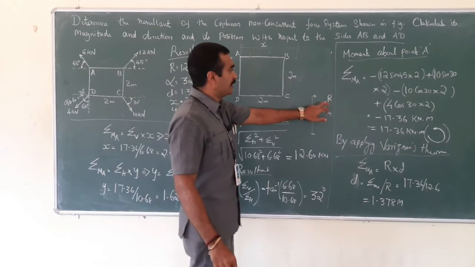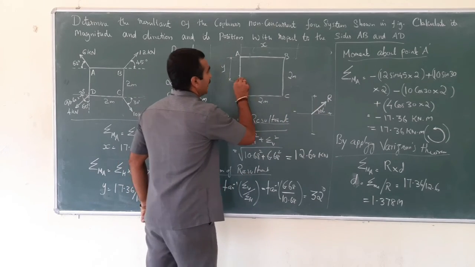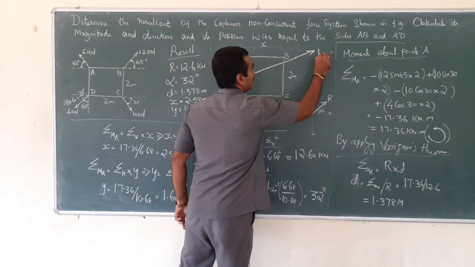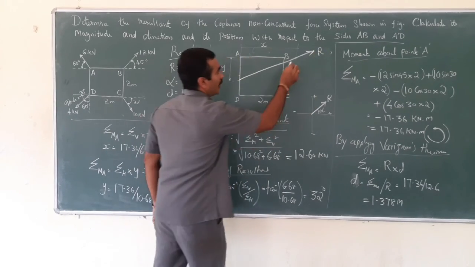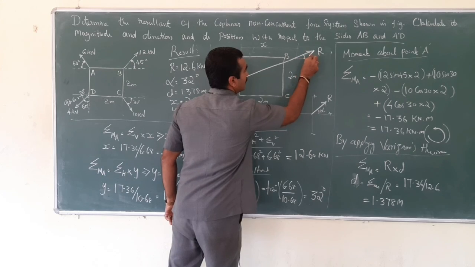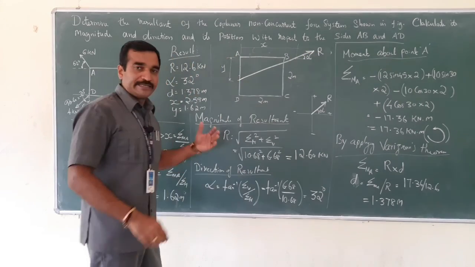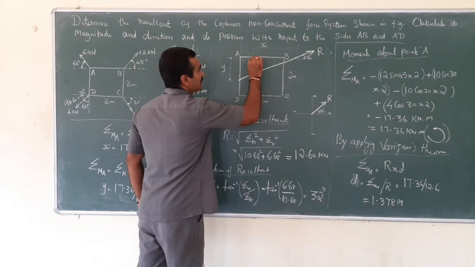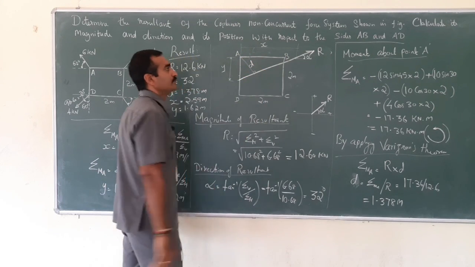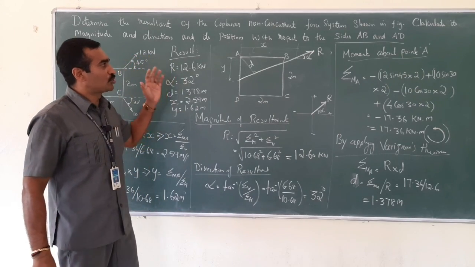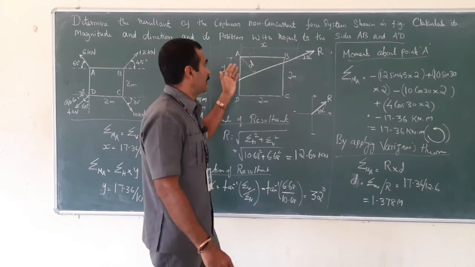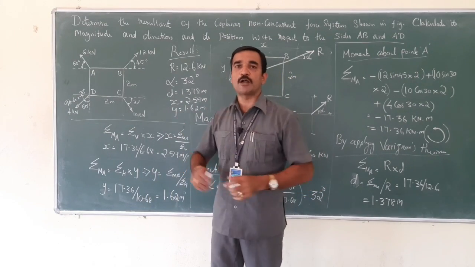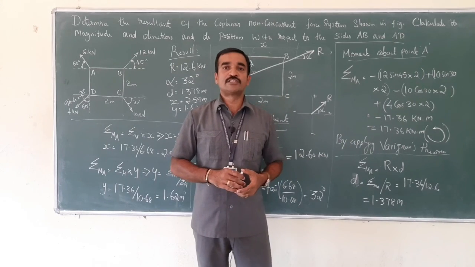And the resultant is acting in this direction. So if you just plot this, this is the resultant. And the alpha is nothing but the angle with the horizontal, and this can be mentioned as alpha. What about D? Which would be perpendicular distance to it. This is D. Right. This is how you have to show in the graphical representation. Hope you have all understood how to solve such kind of problems by using Varignon's theorem. Thank you.